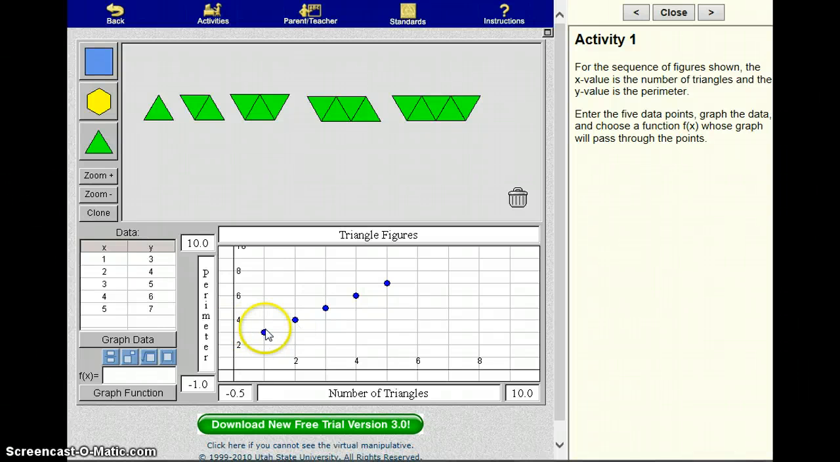So if we move from 1 to 2, we go up 1 in perimeter. If we go from 2 to 3, we go up 1 in perimeter. If we go from 3 to 4, we go up 1. So there is a constant change of 1. So what is the formula? The formula is